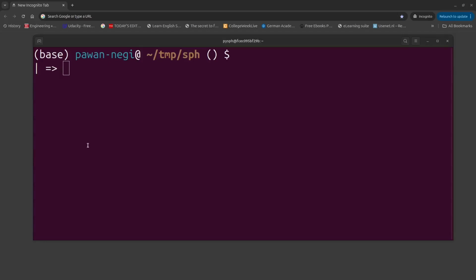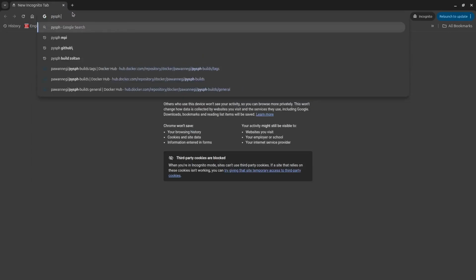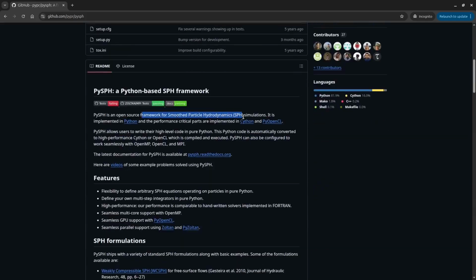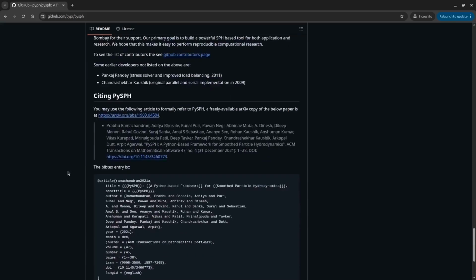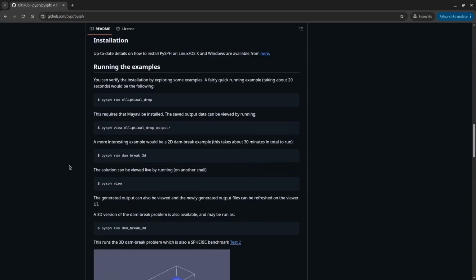Hello everyone, welcome back. Today we are going to talk about an open source library called PySPH. This is an open source framework for smooth particle hydrodynamics, but it can be used to implement a lot of meshless methods, for example DEM or generalized finite difference method. This particular software has been developed by a group at IIT Bombay, and we'll see how we can use